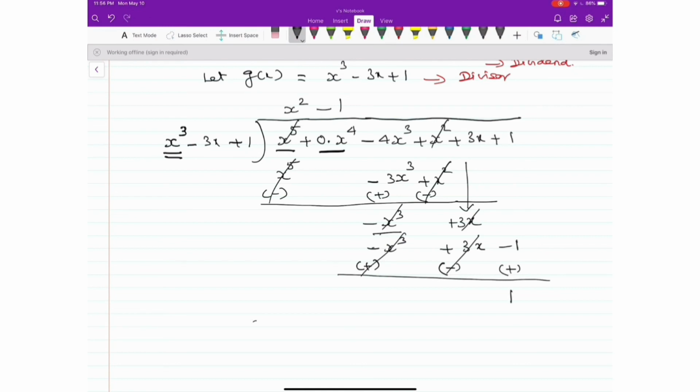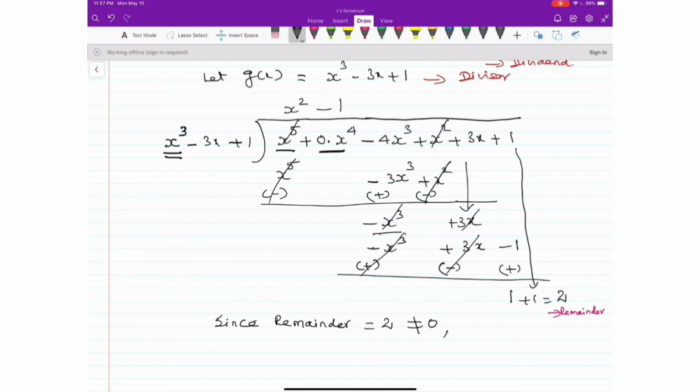Now my job is to bring down plus 1. This will give me 2. 1 plus 1, 2. This is nothing but remainder. Here now we are not getting the remainder is 0, but we are getting the remainder is 2. So you have to conclude, since, very important statement, since remainder is equal to 2, not equal to 0, isn't it?